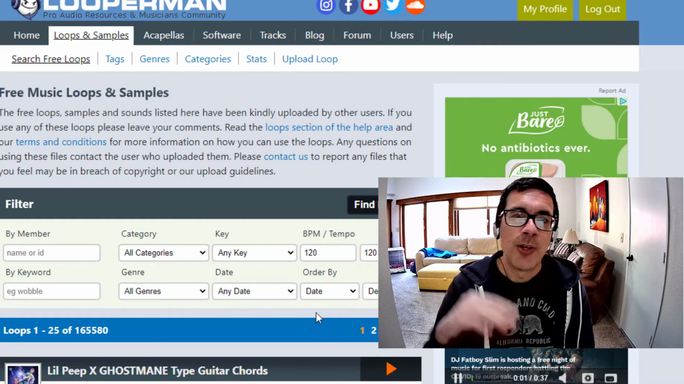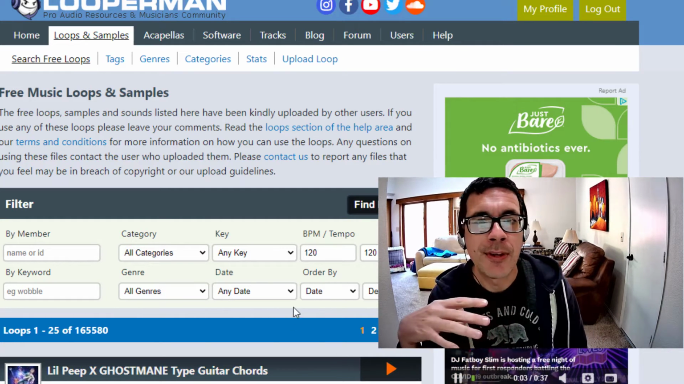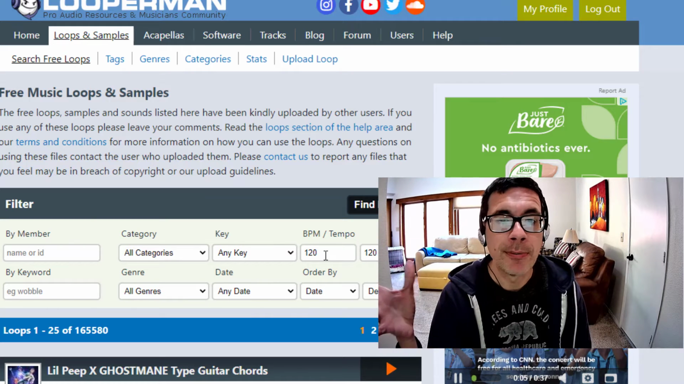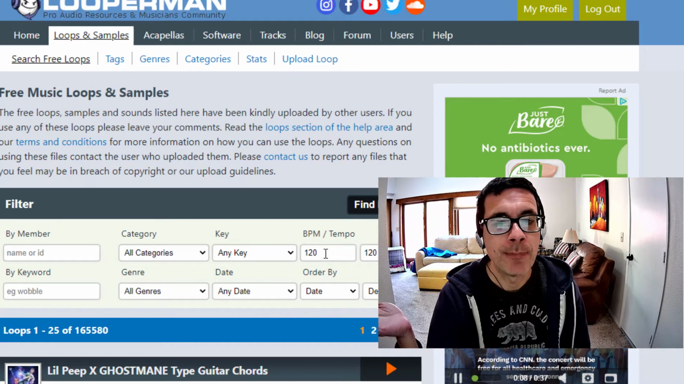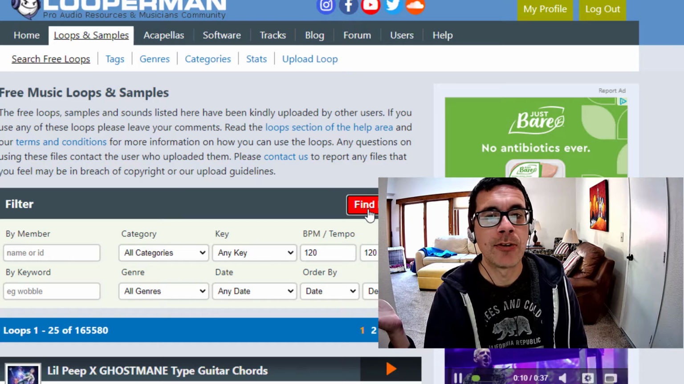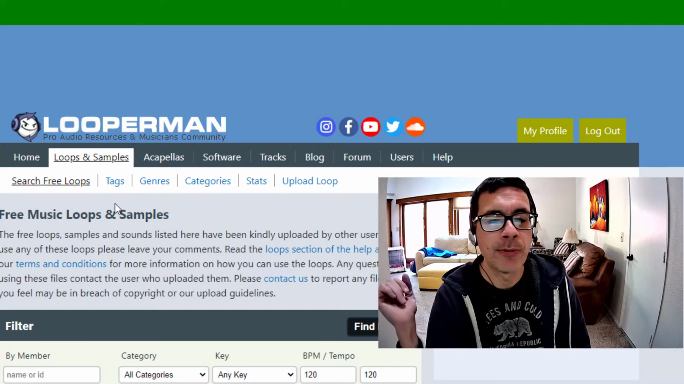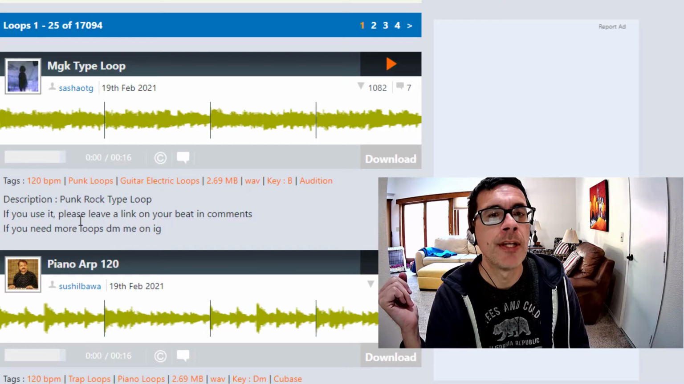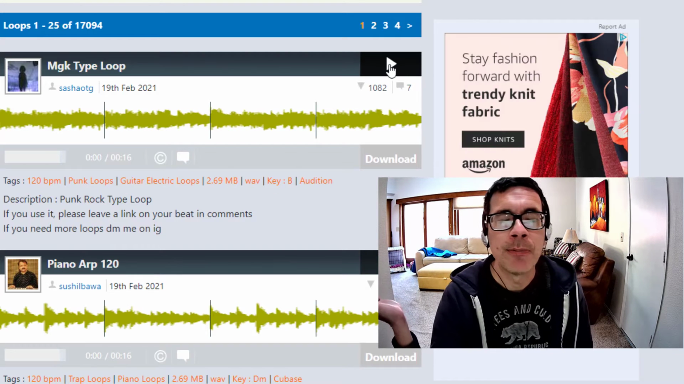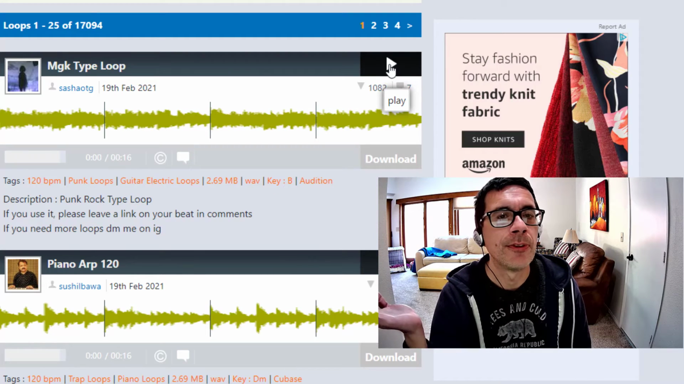So in other words, if you can get elements that are of a similar tempo, then you should be in good shape. So if I just searched all categories here and looked for any kind of loop that was 120 beats per minute, I haven't really looked at these, so let's just see what this